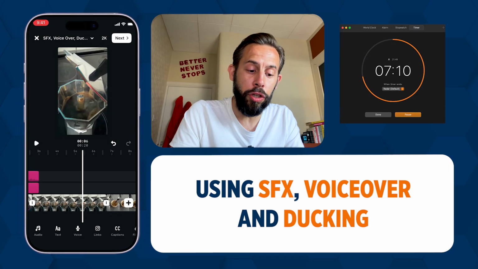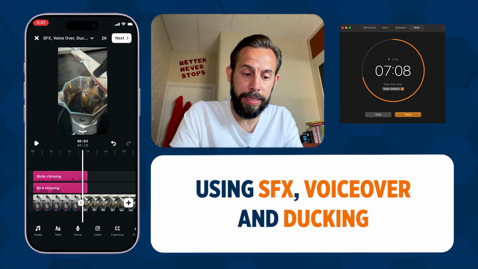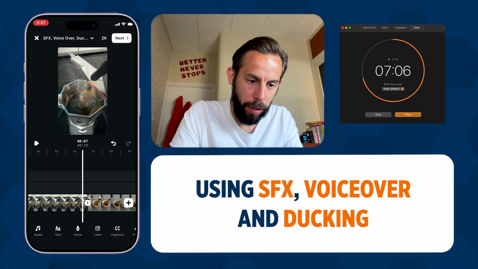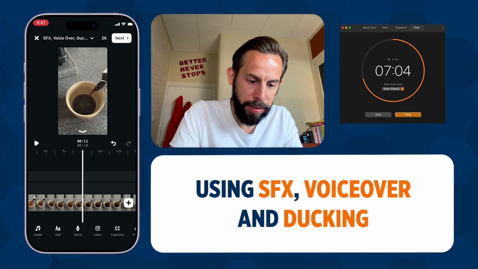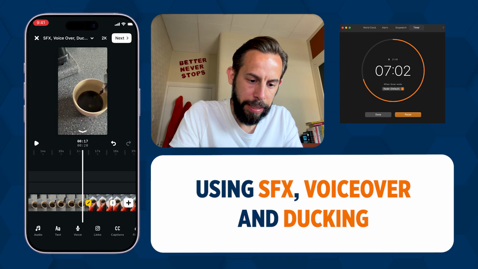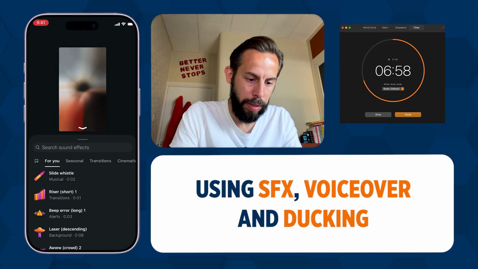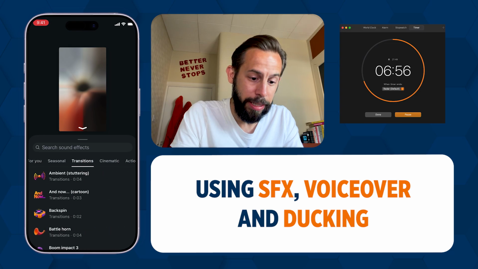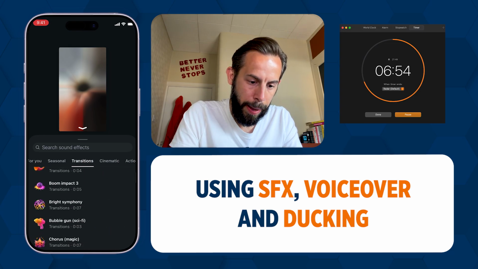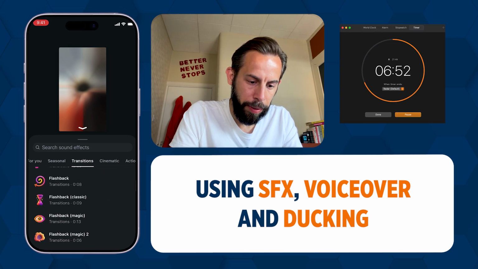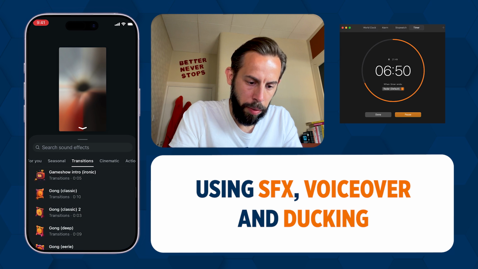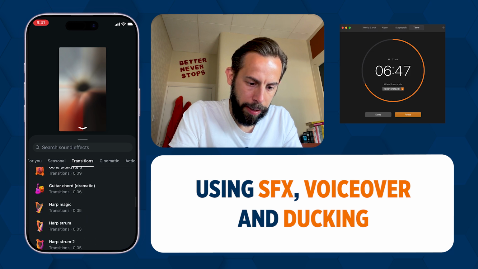Now, obviously good points to put sound effects might be on transitions, so you might want a whoosh. I think I've got a little zoom in here coming up somewhere. In this one, it zooms forward, so I might try and find a sound effect that is a zoom. So let's have a look if we can find one. Transitions are always going to be good. We don't want any of these for transitions. We want maybe a, come on,